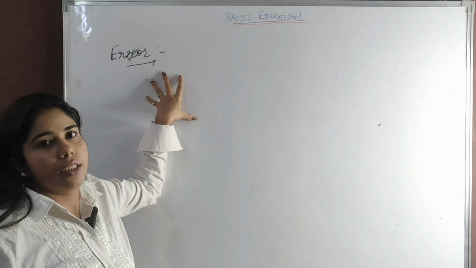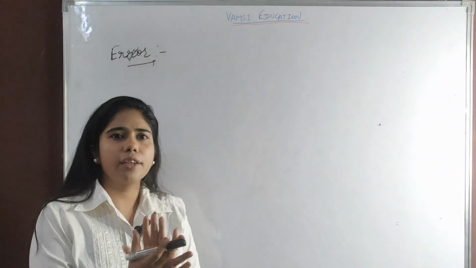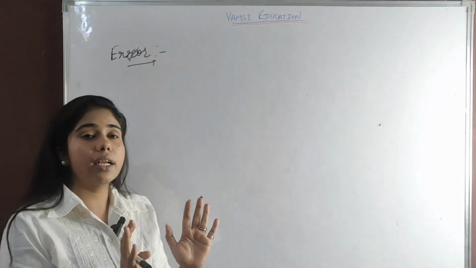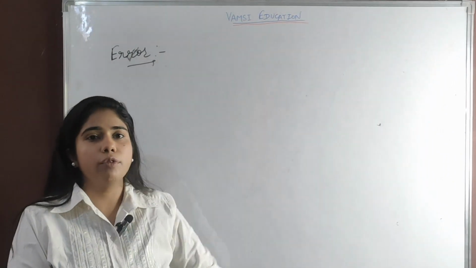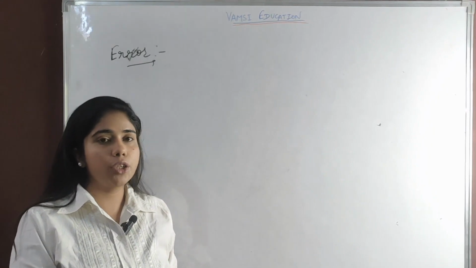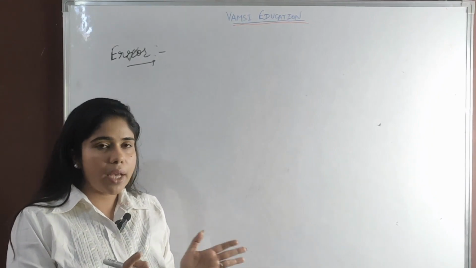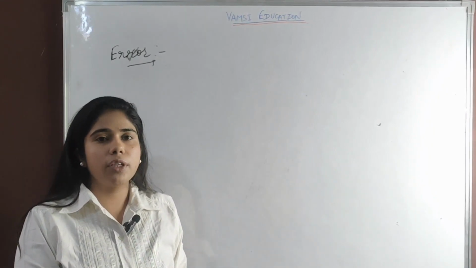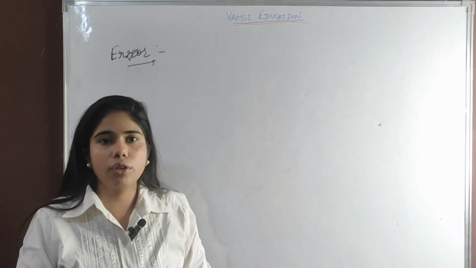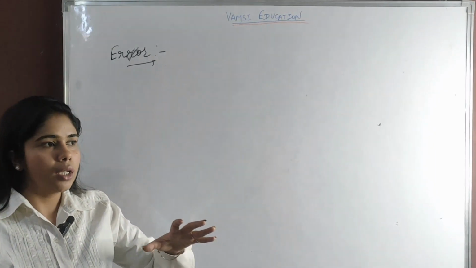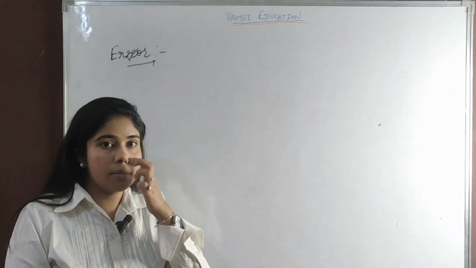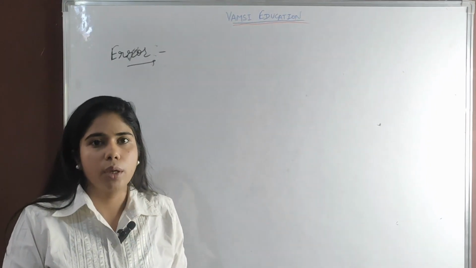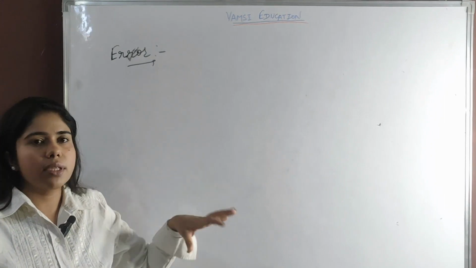Topic is the error. What is error? Error is a kind of mistake. If we are performing any kind of experiment and we have to take around 5 to 8 readings and then find their true value, if there is a mismatch or some difference between the true value and our measured value, then you have to know what the percentage error is and what mistake we have made in our experiment.